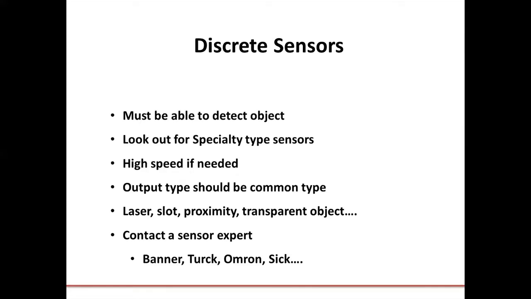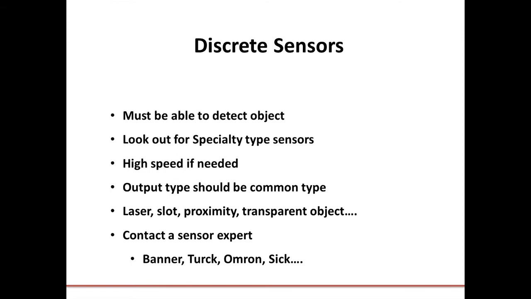Discrete sensors. Again, discrete sensors must be able to detect the object. So many times, objects may be out of range, the wrong type of sensor is chosen, but we'll go over a few hints as to how to select a sensor. But please feel free to contact any of the sensor experts listed at the bottom. Banner, Turck, Omron, SICK, they all make proximity sensors and specialty sensors